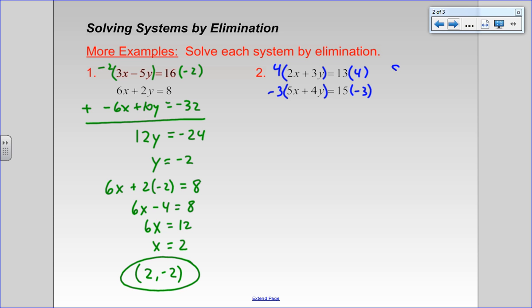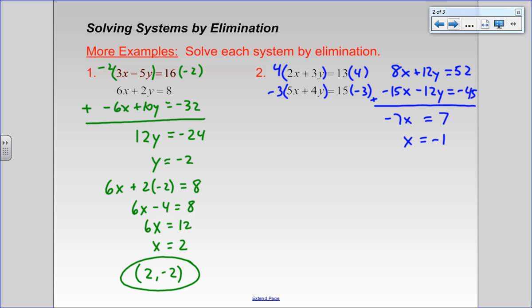Our first equation becomes 8x plus 12y equals 52. Our second equation becomes -15x minus 12y equals -45. And now we can add these two equations together. 8x plus -15x is -7x, and as expected, the y terms cancel out. Then on the right-hand side, we have 52 plus -45, which is +7. Thus, we can see that x equals -1,